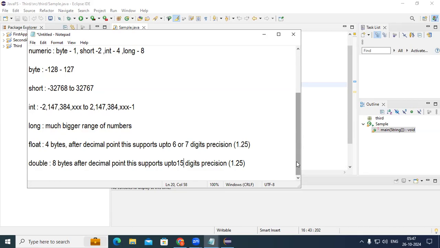So these are exactly the numeric types of data: byte, short, int, long, then float and double. Here you have integral types as well as floating type of data. In the integers, byte type of data, short, int, long, and in the floating type of data, float and double. These are the 6 types you have in the numeric types. The next thing here is